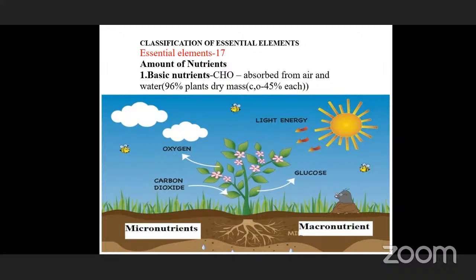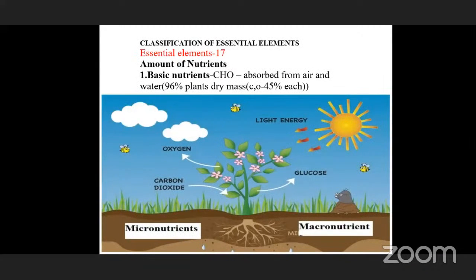Basic nutrients like CHO. Most of the plant biomass consists of CHO: carbon, hydrogen, and oxygen. That is, 96% of the plant's biomass is carbon, hydrogen, and oxygen. Mostly carbon and oxygen contribute about 45% each, and they are non-minerals. Why? Because they are absorbed from the air and water. The elements which are absorbed from the soil are known as mineral elements. Those which are absorbed from air and water are known as non-minerals,